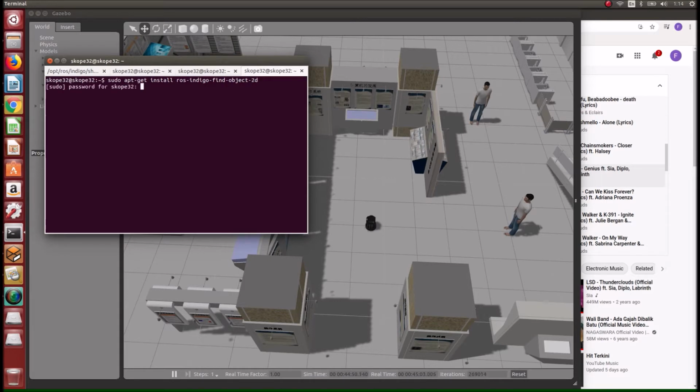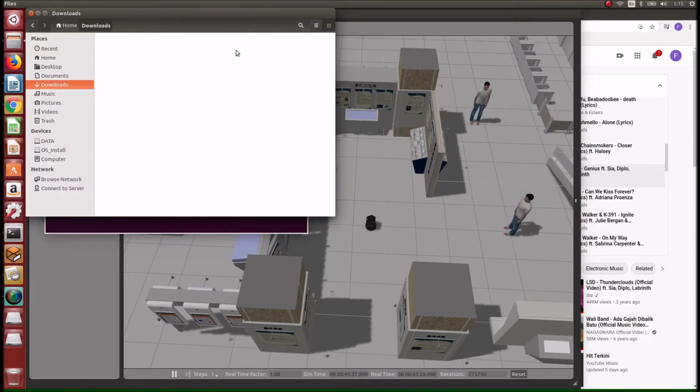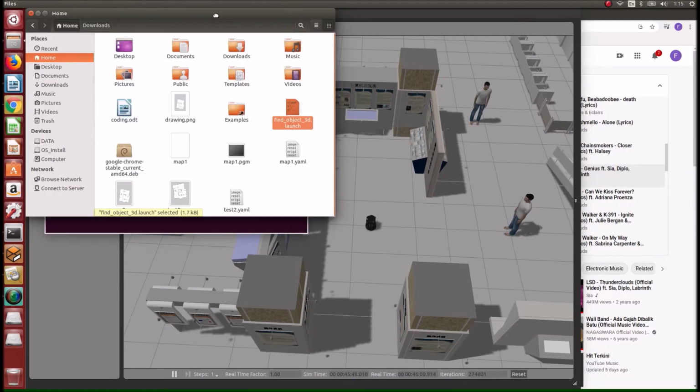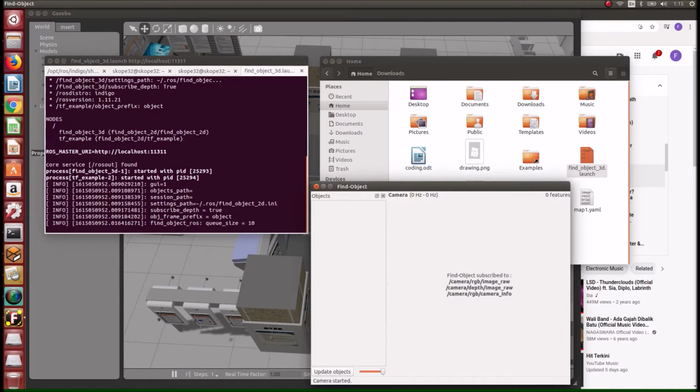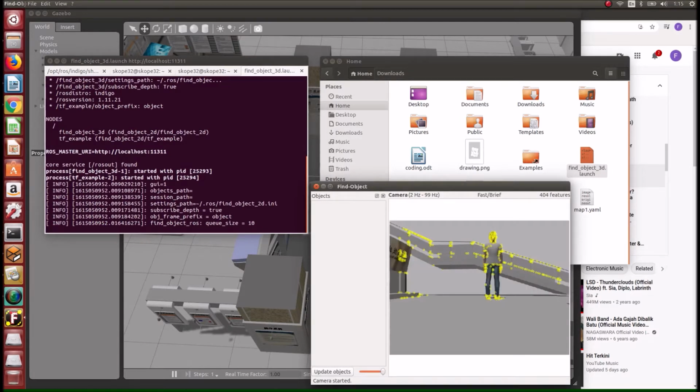After installing the 2D and 3D Find Object files, we can launch Find Object 3D. So we insert the code, find_object_3d launch. As you can see, there are yellow dots on the camera that we can use to recognize people.